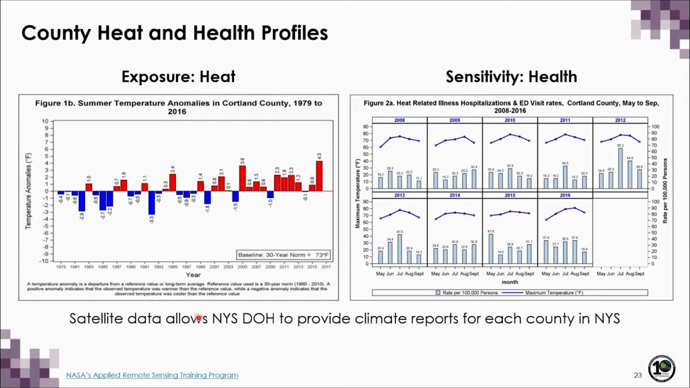So for example, you can see this is a temperature trend chart for Cortland County. So here in this chart, the baseline is the 30-year average for that specific county. So here it happens to be 73 degrees Fahrenheit. And this 30-year average was calculated from 1980 to 2010. And the blue lines represent any annual temperatures that were lower than that 30-year average, and the red lines represent annual temperatures higher than the average. And you can see that since 2011, most years have been about 1 to 2 degrees higher